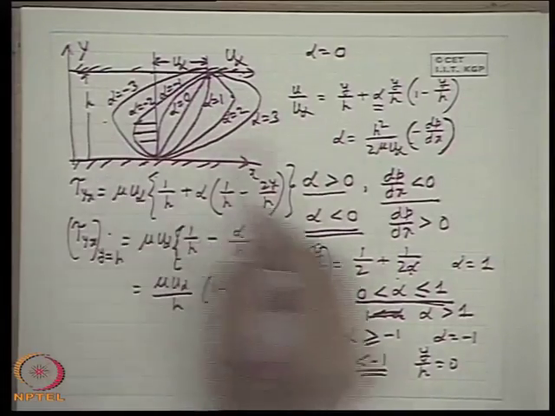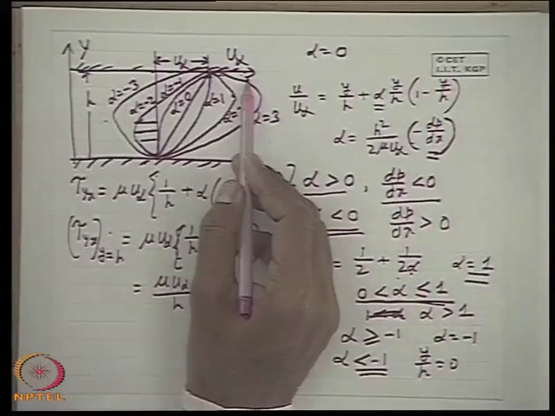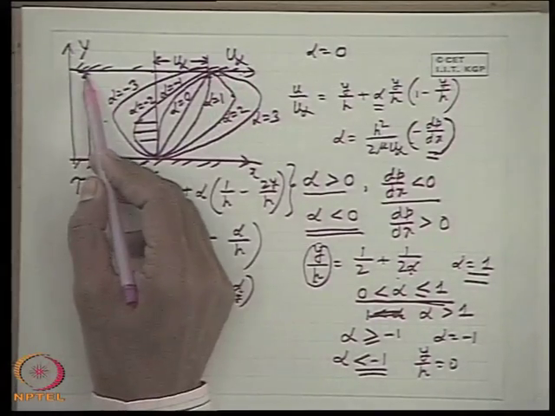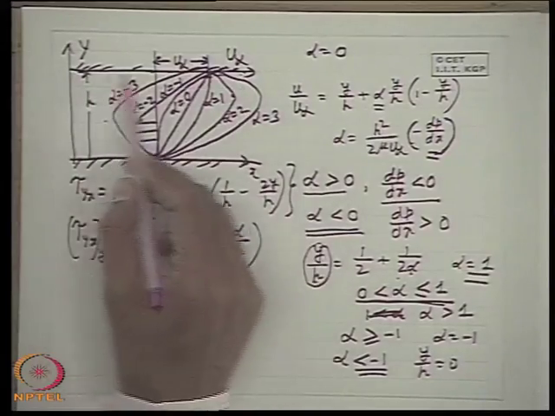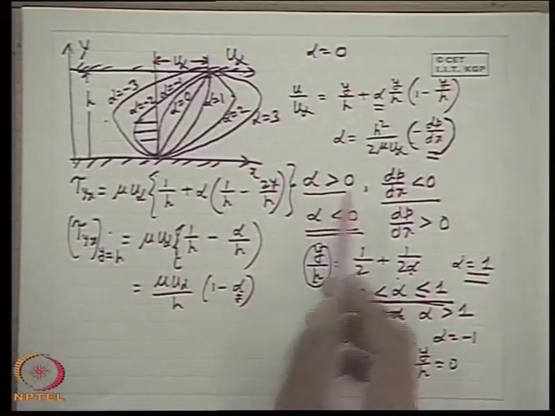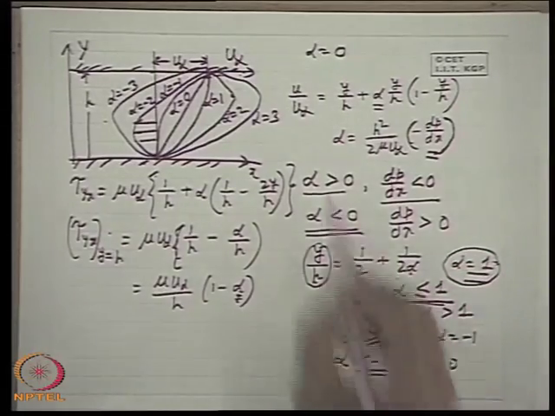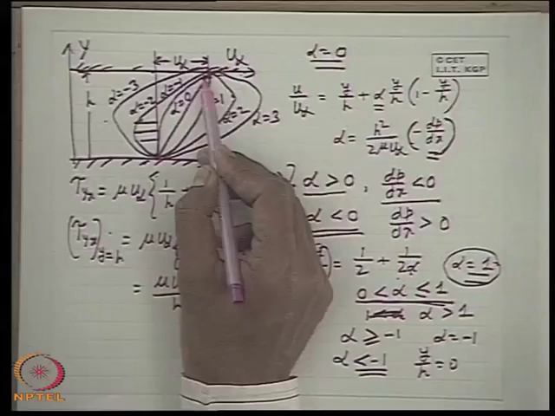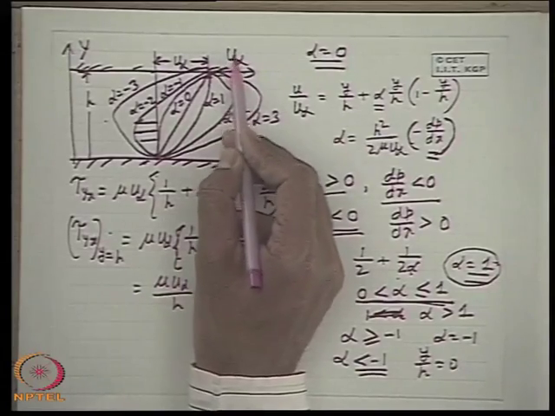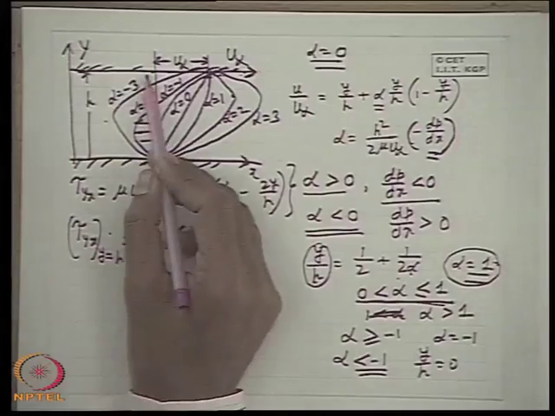Obviously, in that case the favorable pressure gradient which is imposed in the flow at the value of alpha equal to 1 can cause a velocity u infinity at this position y is equal to h. So if a plate is kept here, the plate will automatically be dragged with u infinity velocity. You have understood? Now, below a value of alpha of 1, with that pressure gradient, or even without pressure gradient, one has to exert a force to drag the plate with a velocity u infinity in this direction, which indicates that the shear stress is positive here.